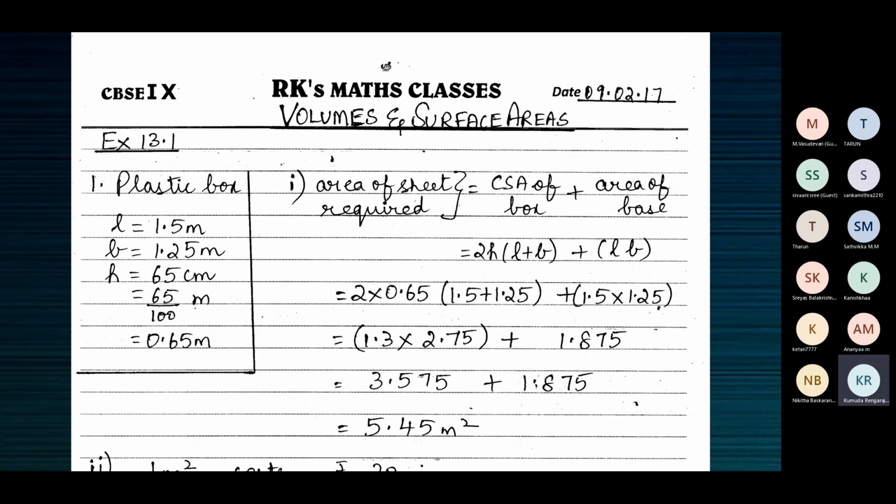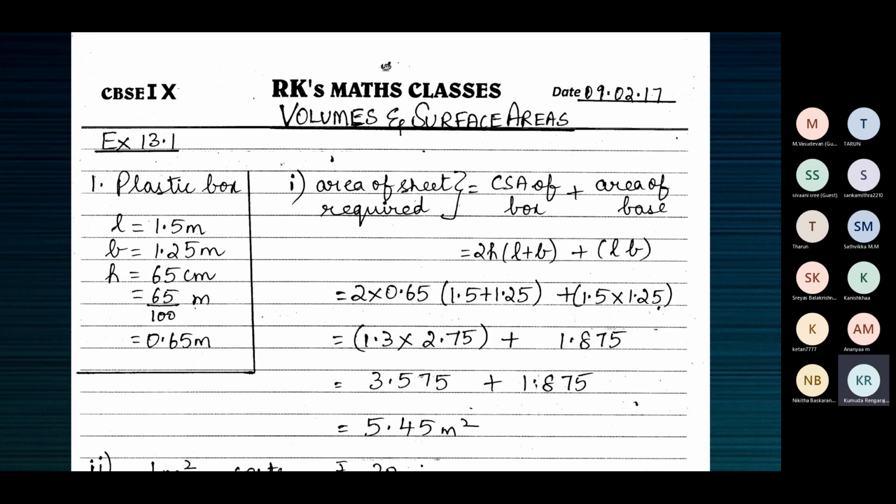So the material, it's a plastic box. So plastic is the material used to build the 4 side faces and the bottom face. The top is open. There is no material used on the top. Don't read the answer which you see on the screen, children. Please follow what I am saying.